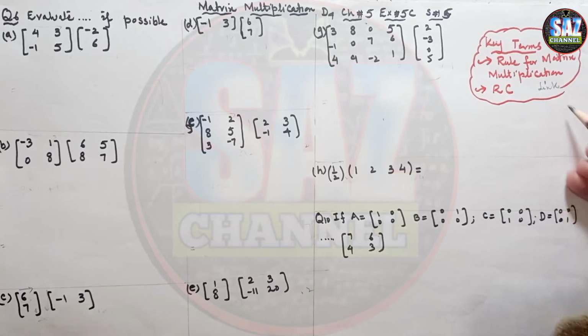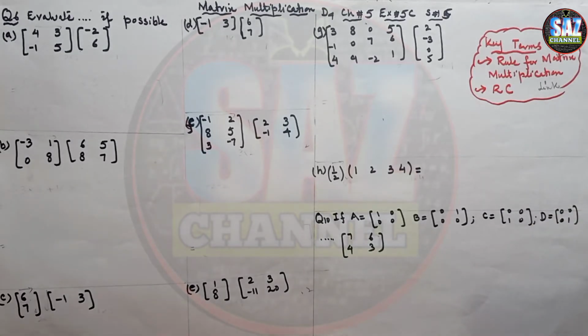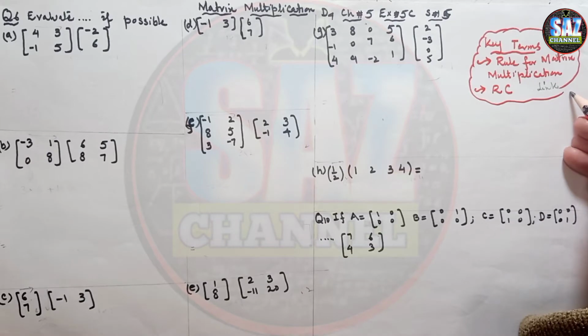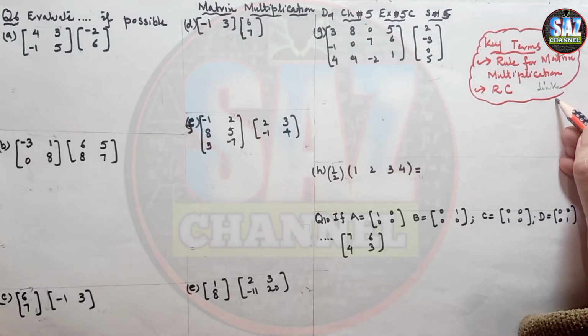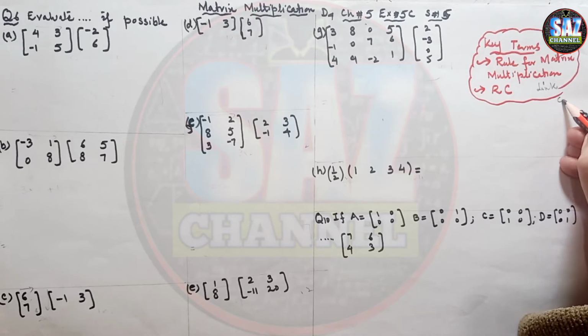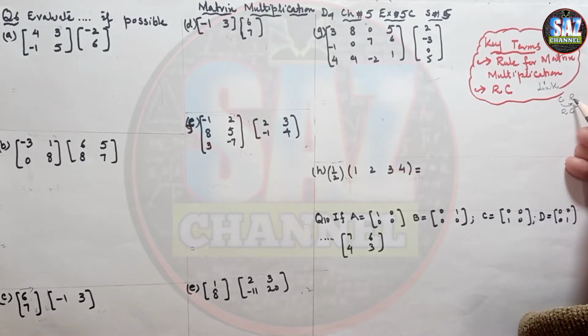Let me move to question number 6 and let me read the question from the book. Question says, evaluate each of the following matrix products if possible. If it's not possible, we have to give the reason why it's not possible. Recall my previous lesson, how we were deciding under what condition matrix multiplication is possible: we have to write the order of both the matrices, and if the columns of first are equal to the rows of second, then we can multiply those two matrices and the resultant matrix will have the order rows of first and the columns of second.